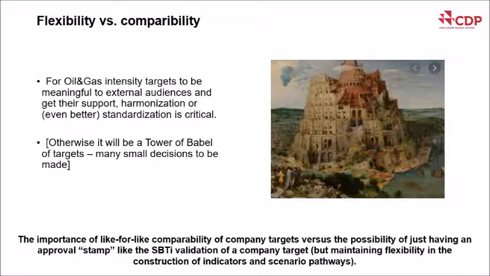The question we ask the public is, how relevant is it to compare targets like for like versus giving companies the flexibility to choose the most convenient way to compute their indicator and targets, but still validating the target's alignment with a well below 2 degree or 1.5 scenario through the Science Based Targets initiative approval process, but losing the comparability between companies? Which of these options is preferable for you and why?